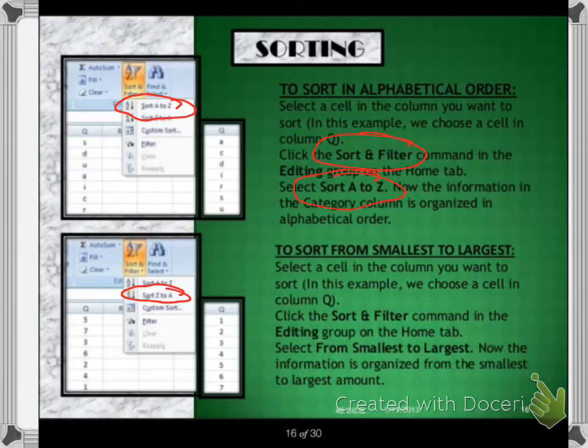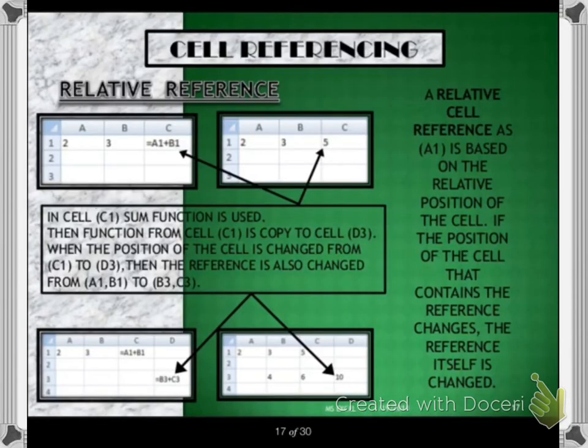Now, if you want to go for Z to A, that becomes a descending order sort. And remember, all sorting is done with the help of the Editing group. So this is present under which group? Editing group.